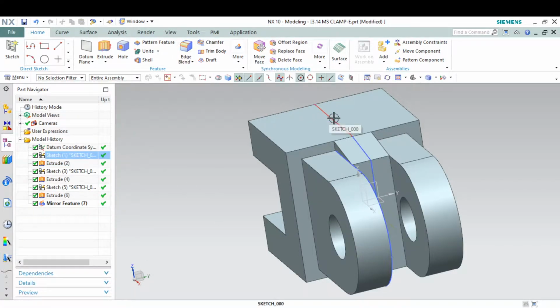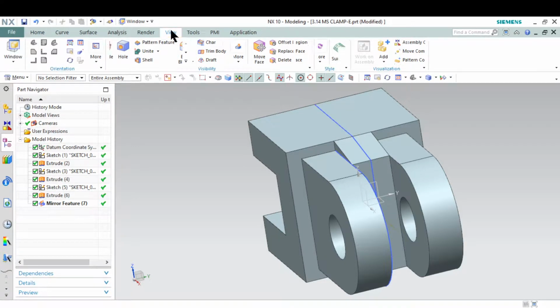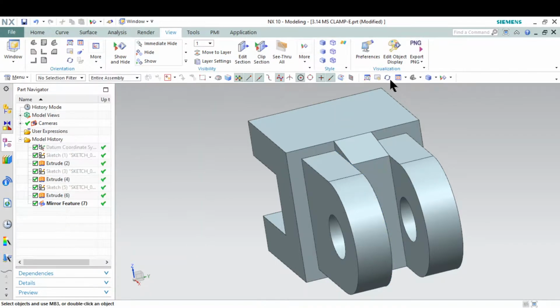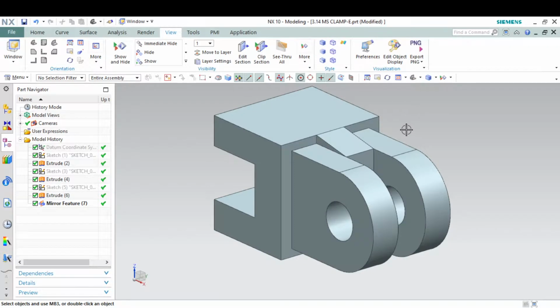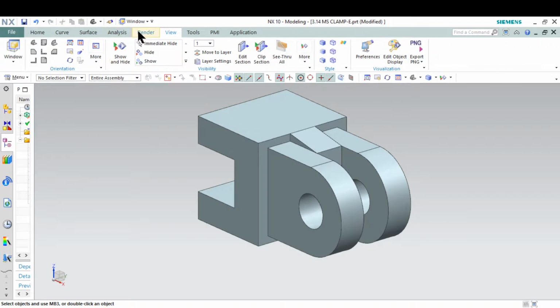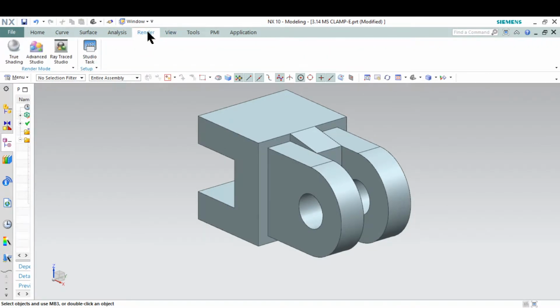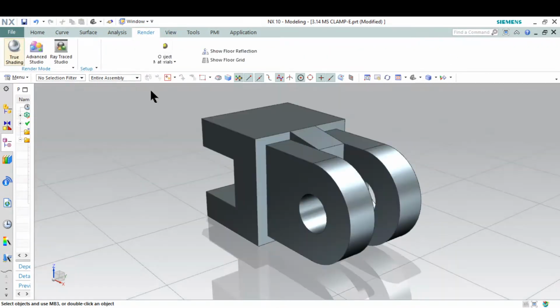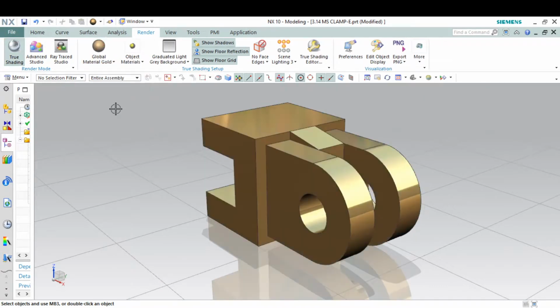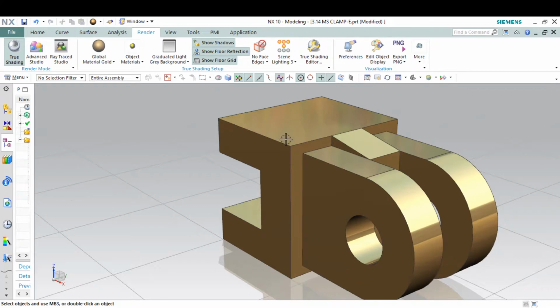After that I will hide this line. I'm going to View, Show and Hide, and then select the sketch datum, and then I'm going to the trimetric view, and then I will change the render setting, and then for global material I select this. Okay,